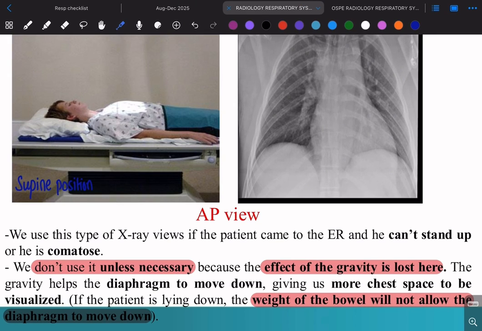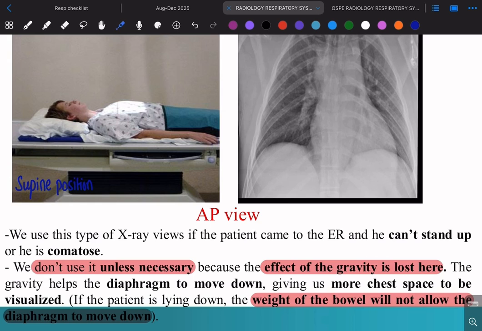Why is it considered the least accurate view? Because when the patient is in the supine position, there's the abdomen and the intestine and everything underneath the diaphragm. So when the diaphragm wants to contract or wants to move downward, right, when the patient inspires air and the diaphragm wants to move downward, these organs underneath the diaphragm, which are like the stomach and the intestine, restrict the movement of the diaphragm. I mean they allow it to move less than when the person is in the upright position,